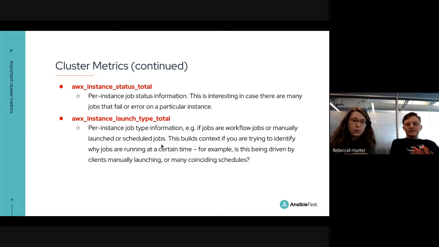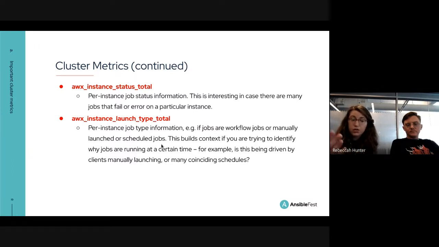So a couple more metrics to talk about. These are narrowed down by the instance. Instance-specific jobs are really useful because you might want to know, like, is a particular type of job ending up on one instance. So AWX instance status total per status of jobs, and then the launch type total. So let's say maybe a lot of workflows are ending up on one job.